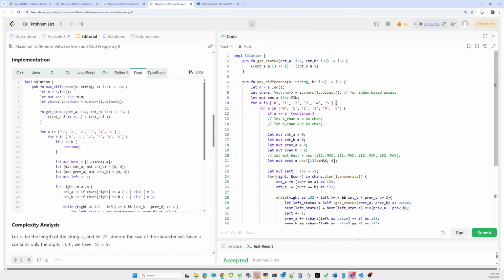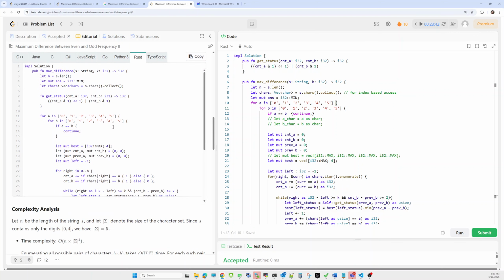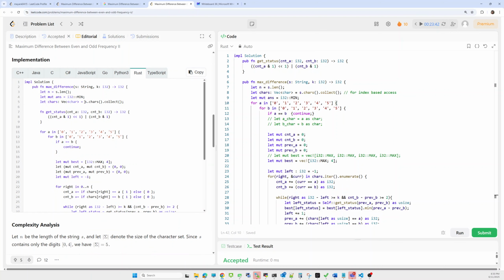Now the other thing we'll look into is how to convert a string into a character array. How can we convert a string into a character array? Using this hash dot chars dot collect. To iterate over a string, we are using this method, hash dot chars, and this will give me a list of characters, and to collect it in a different variable, we'll use this collect method.